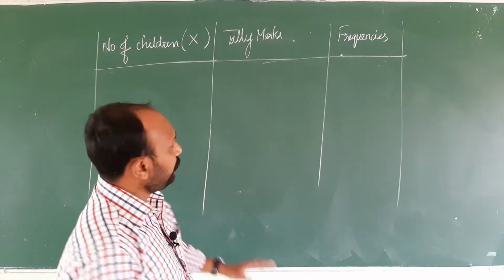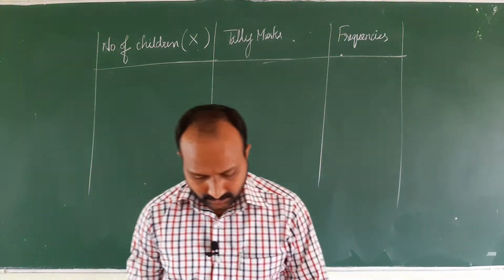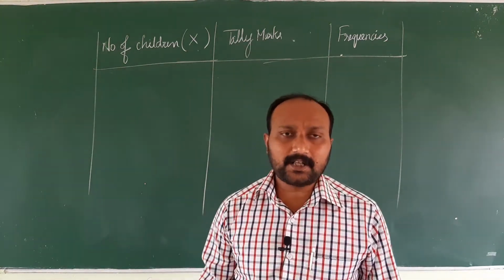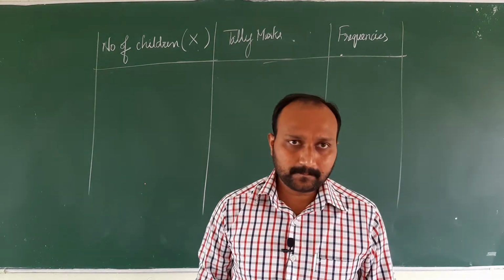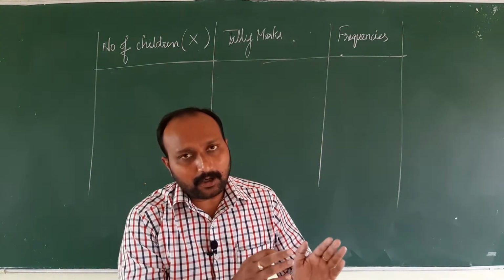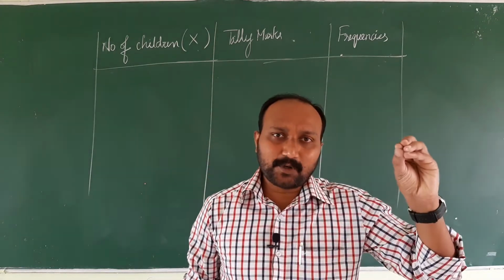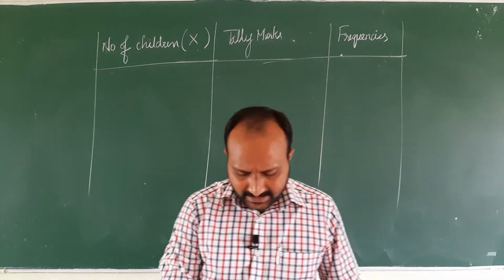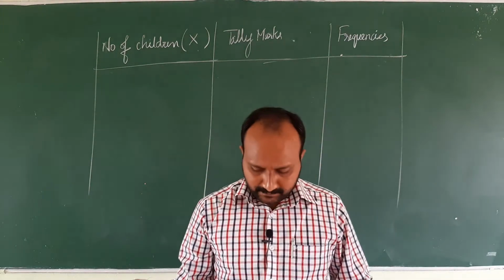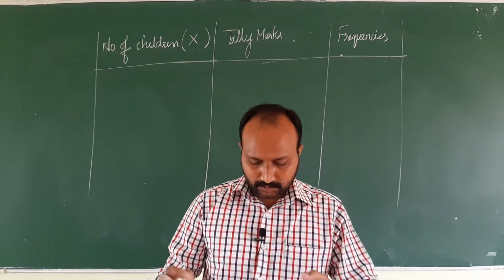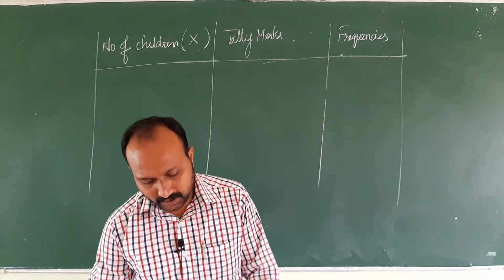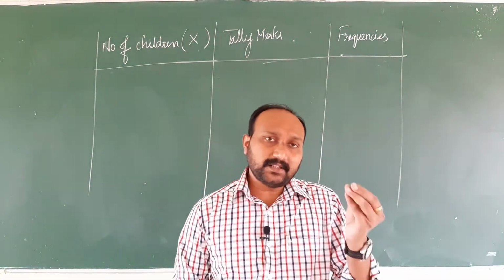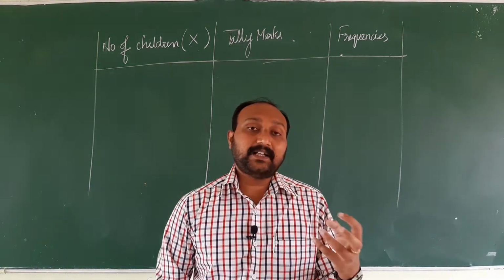Next, if you go through the question, they have conducted a survey on 40 families. So obviously, there will be 40 different values. You need to scan all the values and know which is the smallest value and which is the highest value. If you scan the data, the number of children in the family is 1, 0, 3, 2, 1, 5, 6, 2, 2, and it goes on up till the last, 2, 4, 5. Among all these data, the smallest value is 0 and the highest value is 6.